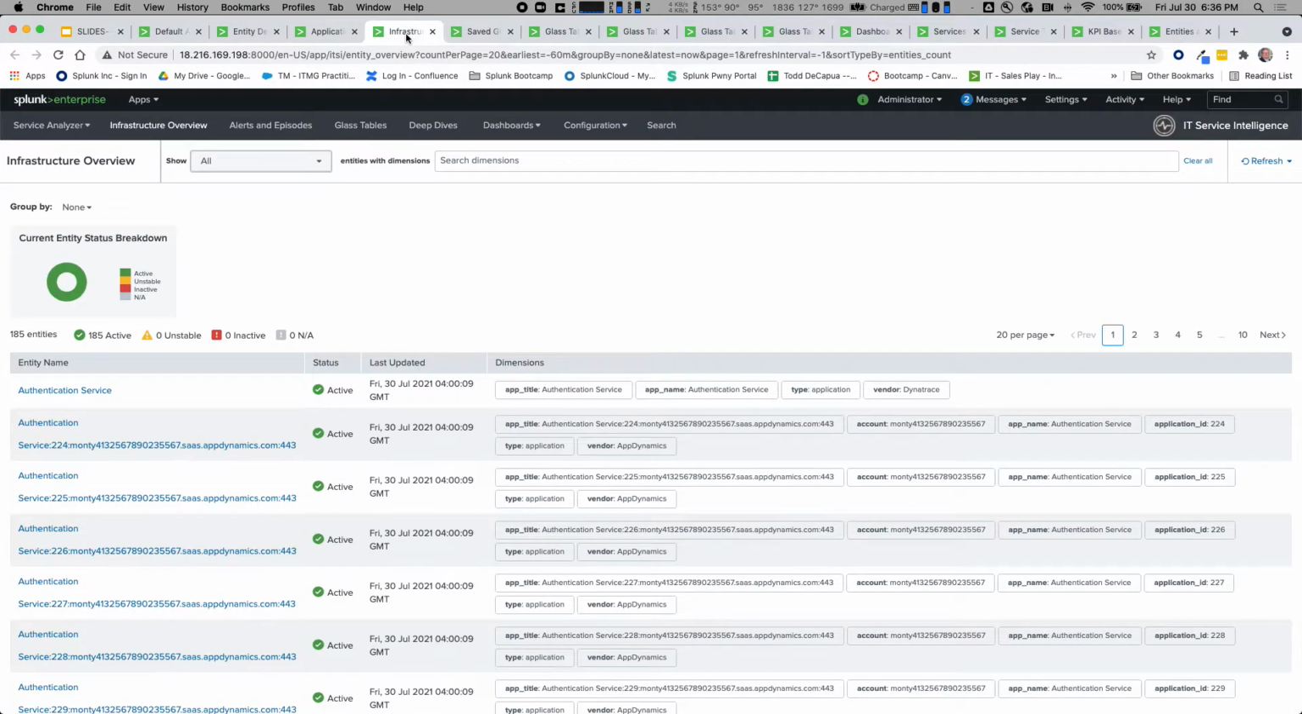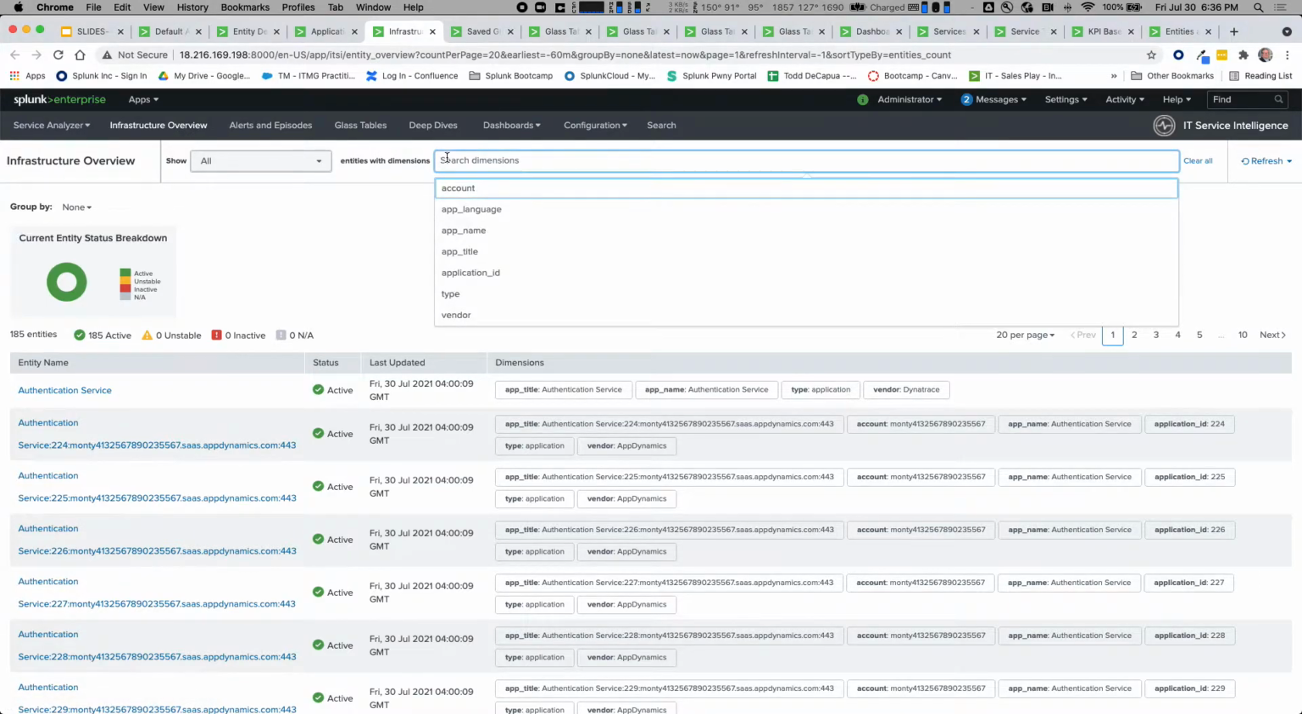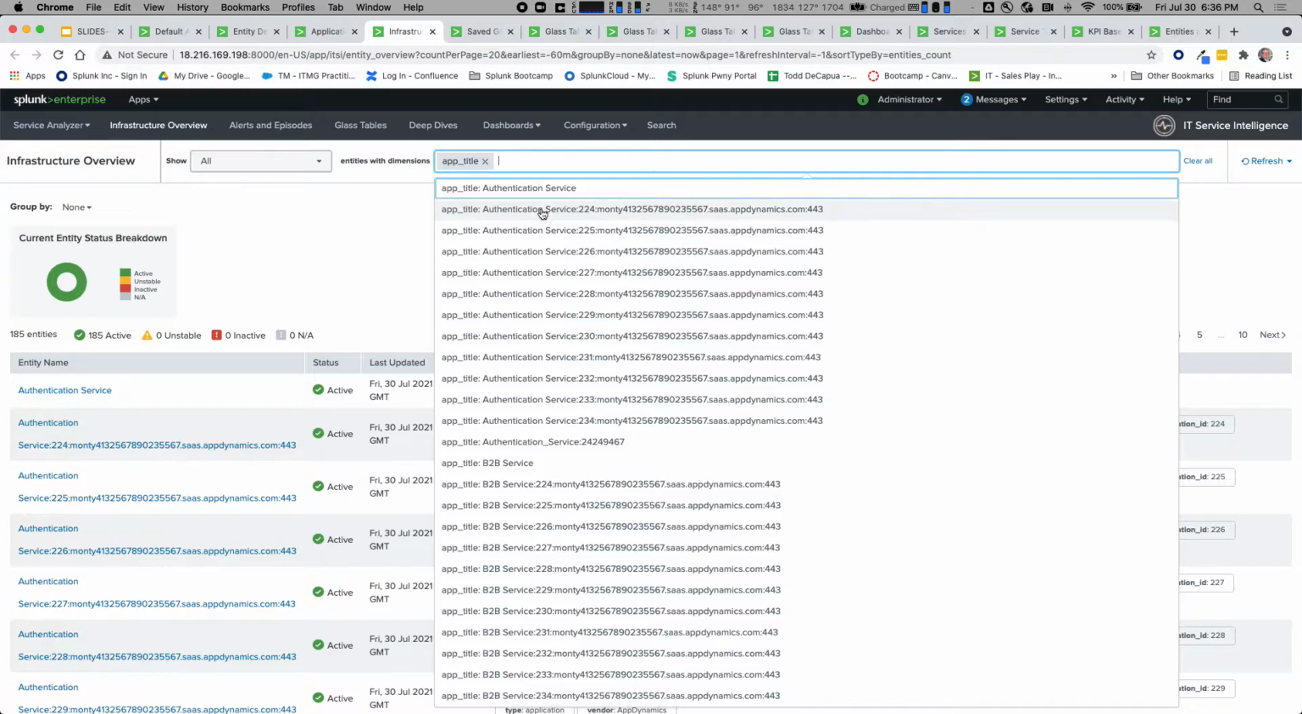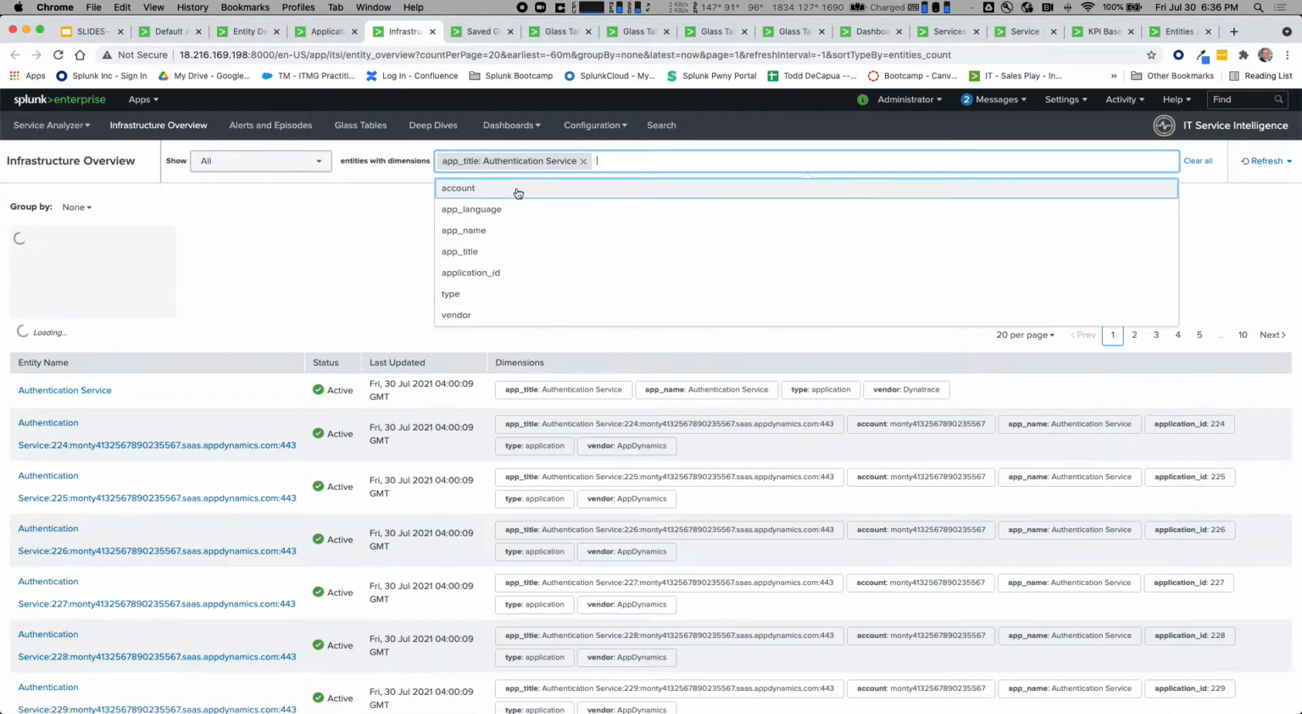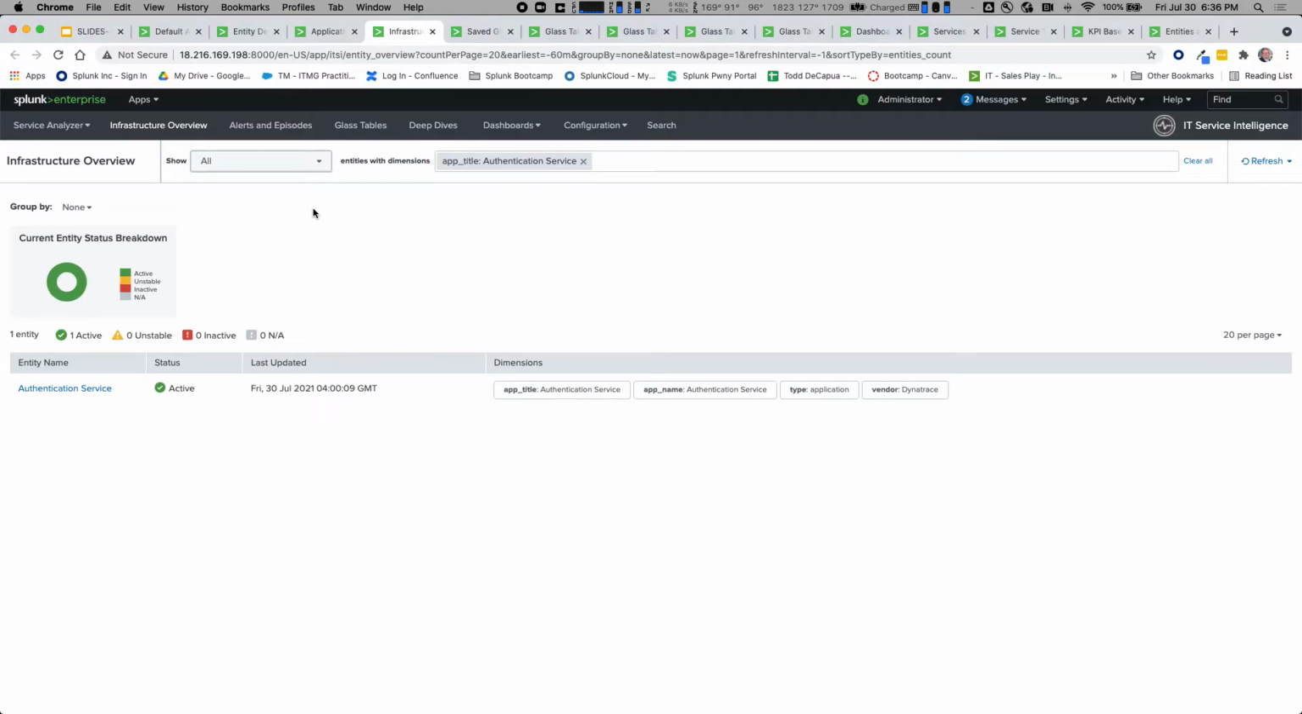As we continue through the demo, another one that I'd like to show is this infrastructure overview. And again, all of this is available out of the box with the content pack for third-party APM. As we look at our app title, let's just look at this one specific authentication service. You'll see that there are no other numbers behind that. So this one's simply called authentication service. We can see all the tags that come across. This one happens to be picked up by Dynatrace. So again, it's been instrumented with